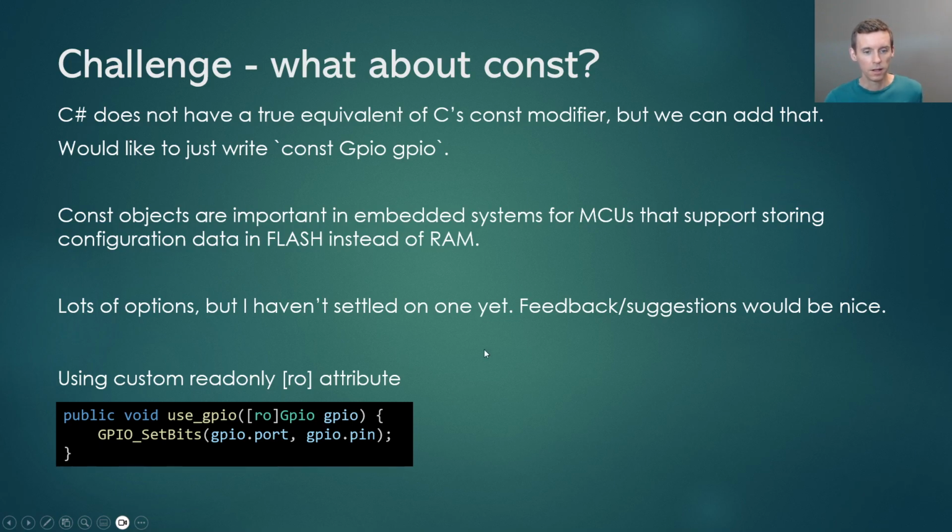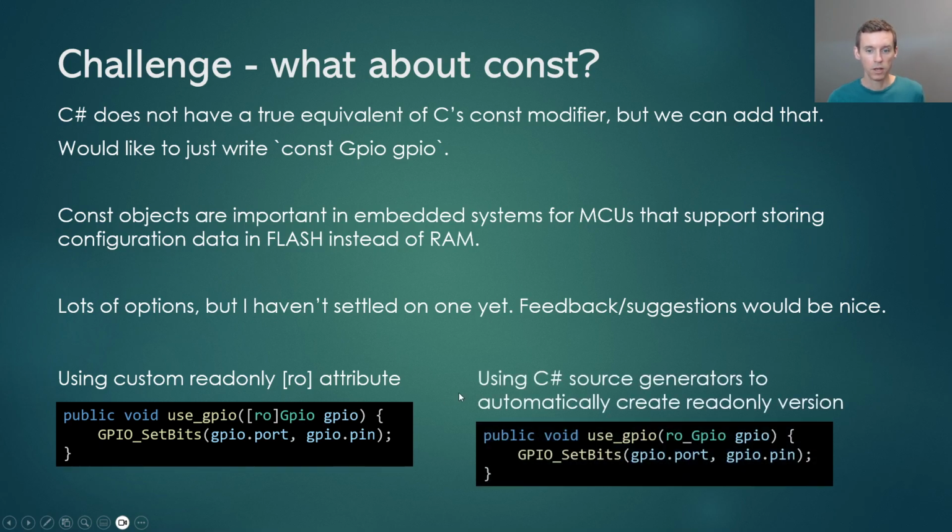That's not bad. The downside to this though is that you can't put this attribute, like if we had an array of GPIO objects or like a linked list or some other container, you can't put an attribute in there. That's just not possible. However, we could use C# source generators to automatically create the read-only version. So you create your GPIO class, and automatically C# generates the read-only version for you. And that's just for simulation, so that our C# Fin code can act like an interface with our regular C